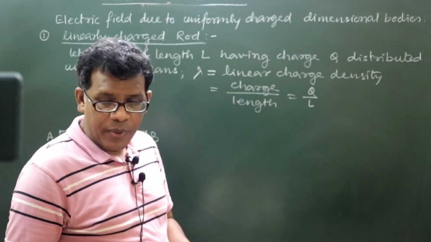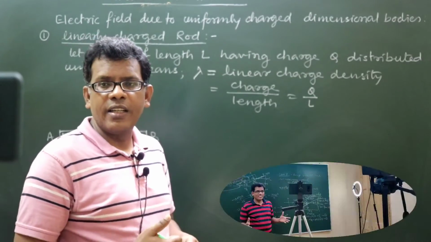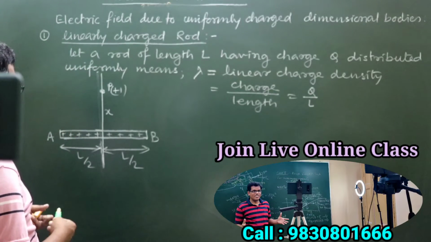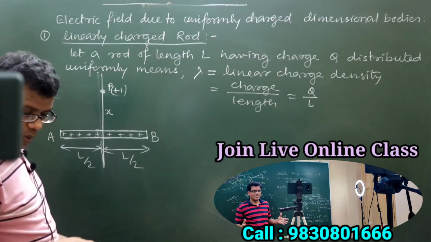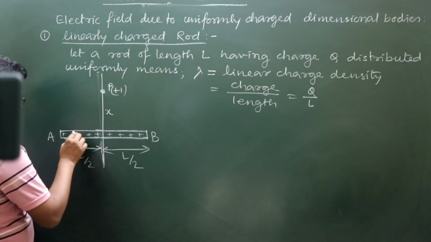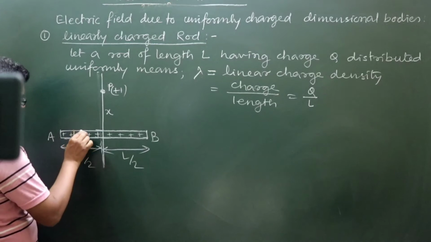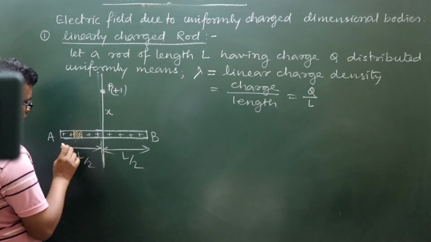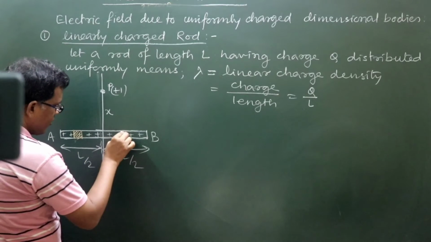So total charge can't be considered as a point object. That's why a one step calculation is not possible here. Then what are we supposed to do? We will go for calculus. So first we will consider a small portion as an element part of the rod on either side of the rod.